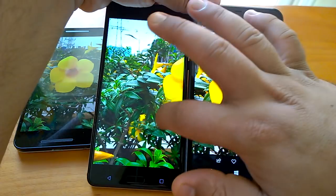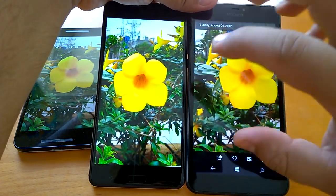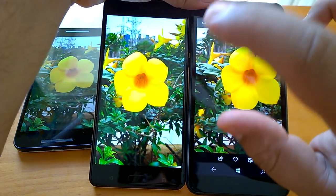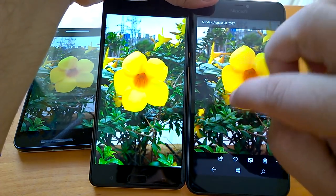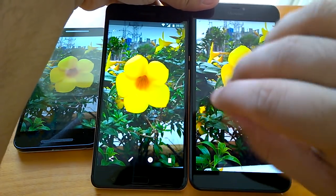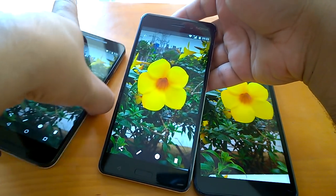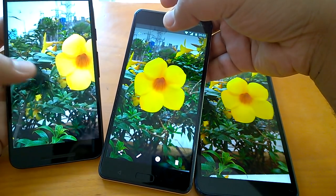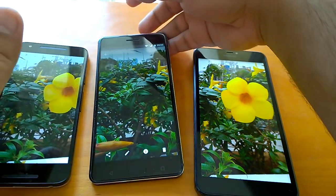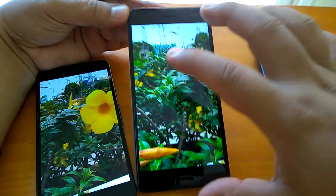So this is like a hallmark of Nokia patented technology that gives very good clarity and vividness to the display, along with very deep blacks, and the colors pop out, they look really good. The contrast is much better. These two are a bit similar in color interpretation. If you compare to Nexus 5X, you can see the clear difference in contrast and vividness of the display. So we must say that Nokia 6 really comes with a very, very good display in terms of color interpretation,